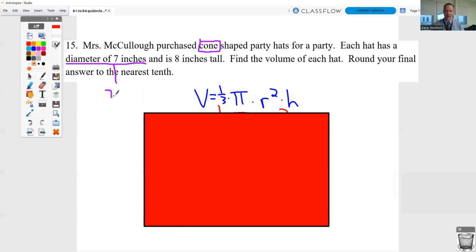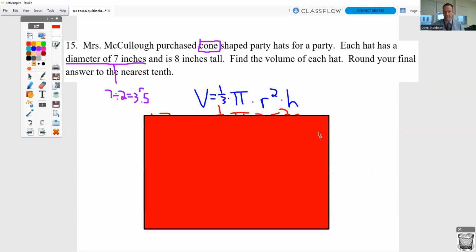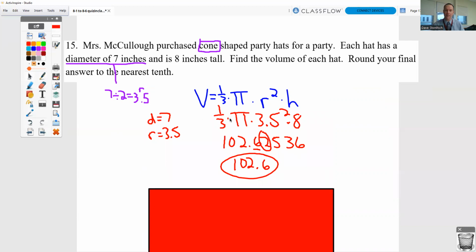Anytime that you're given the diameter, you need to divide by 2 to find your radius. So 7 divided by 2 is 3.5 for your radius. Sub those numbers in where they belong. So 1/3 stays 1/3, pi stays pi. We know the radius, we know the height. Type in everything into the calculator, rounding your answer to the nearest tenth, and you get